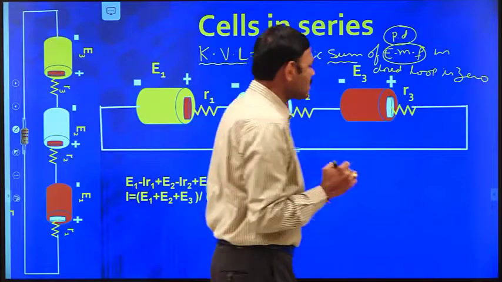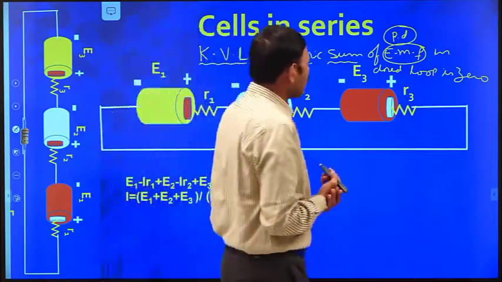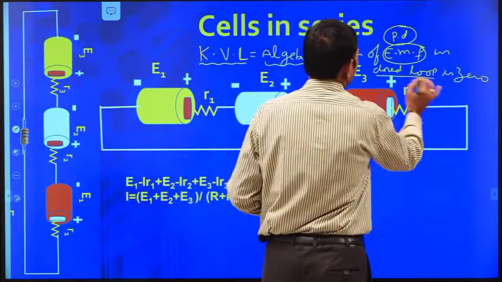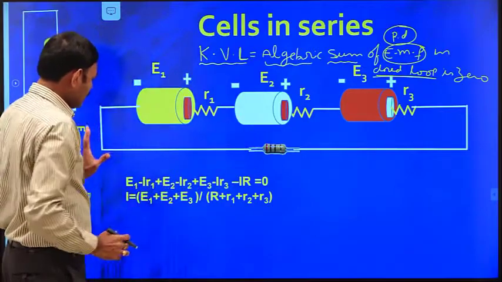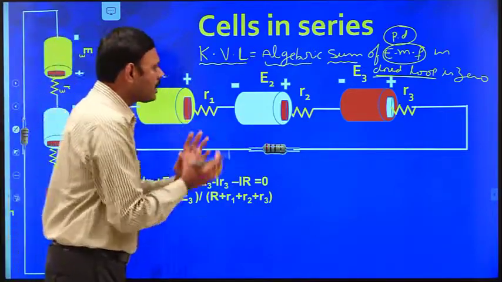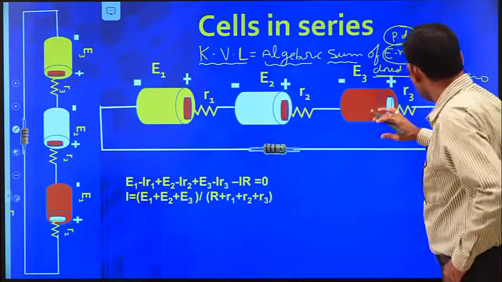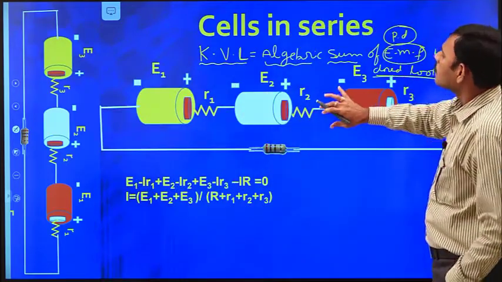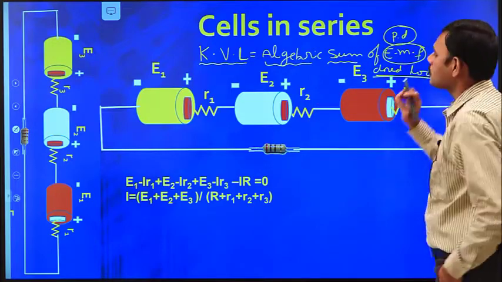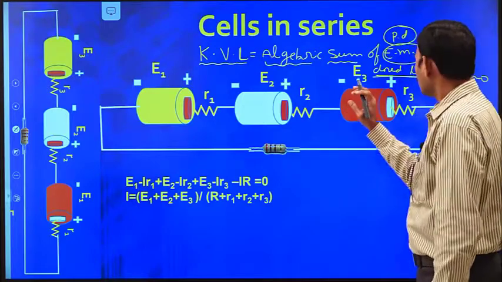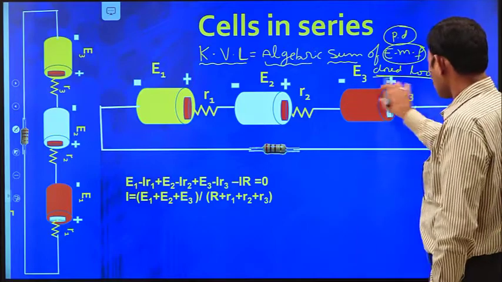So when current is passing through a resistor, we have a potential difference. The algebraic sum of potential differences in a closed loop, and that must be a closed loop, it should not be an open circuit. As shown here, we must have a closed loop. The algebraic sum of potential differences in a closed loop is 0. Here in this video image, we are having a loop, and let us assume the flow of current in this closed loop.